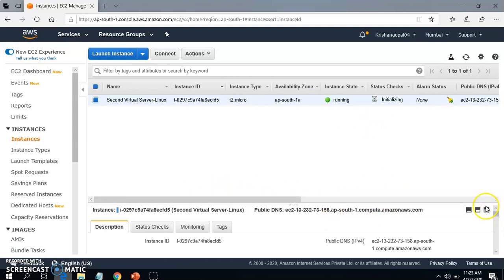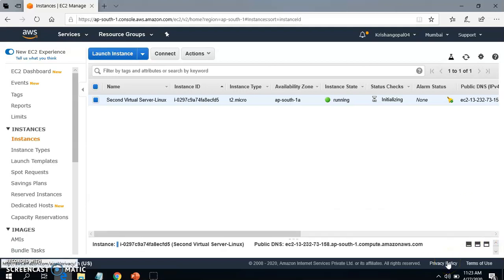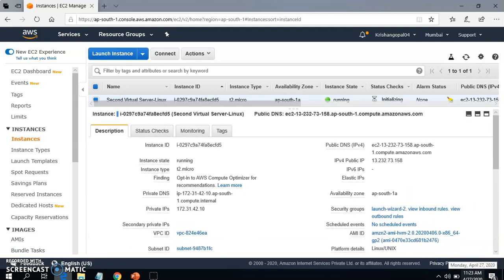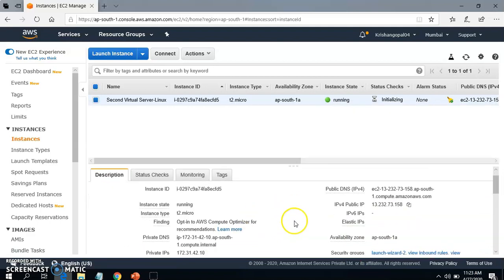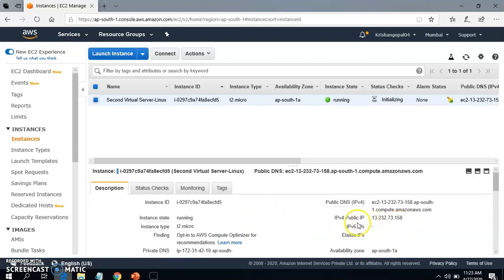Okay, and there are three icons here. First, you just see here the first, second, and third. When I'm clicking on this, now I have more space to see the instance. When I'm clicking on this one, you can see I have less space, and this one is the medium. So now you can see here, if I browse it, the public IP is also there.